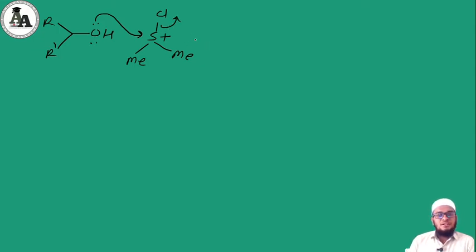Now here I have a general representation of alcohol, R dash. It is going to react with our chlorosulfonium ion. Methyl positive charge. This oxygen with its lone pair will attack on this sulfur and this chloride ion will leave from this structure. I have to write minus Cl ion here. Here I have O with its hydrogen and then sulfur and then 2 methyl groups. Okay, this sulfur will have positive charge because this chloride ion got removed from the structure with its electron.